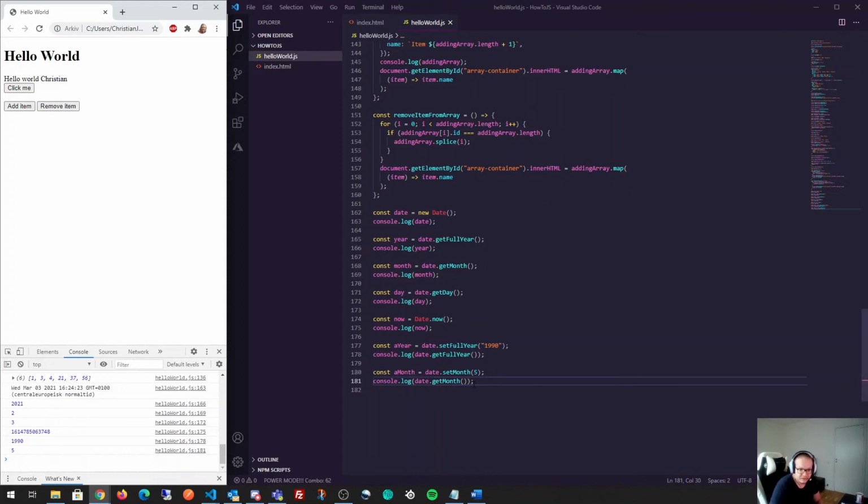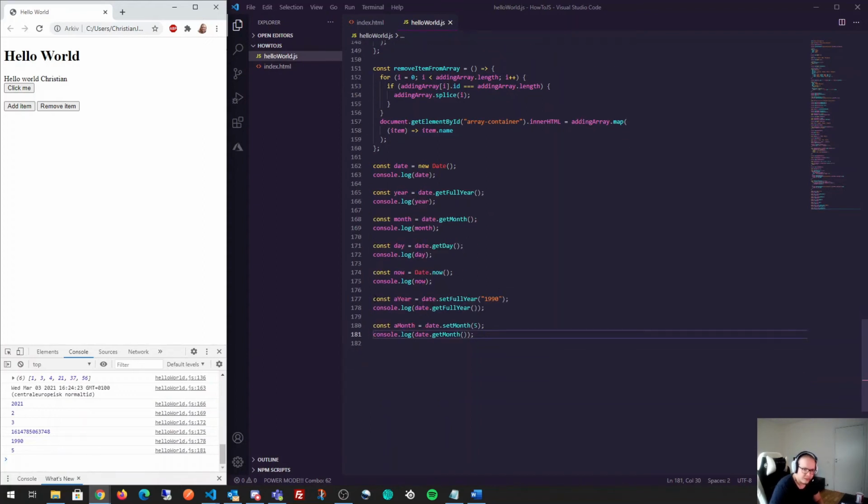And this approach you can do with various multiple parameters, and there are methods for basically anything you can think of regarding this to manipulate the dates. And maybe what's even more interesting is